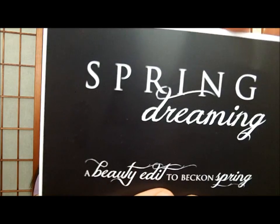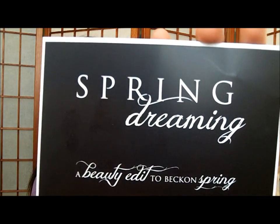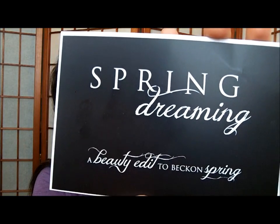When we open it, we see that there's a card that says Spring Dreaming. A beauty edit to beckon spring, and there is product information on the back of the card, but I'm really excited to get into the box, so let's go ahead. It looks like this. The first thing I've got here,